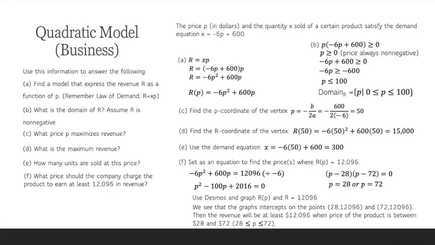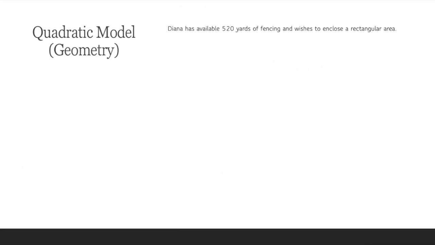And then my final answer: you will see that the graphs intersect at exactly these points. Then the revenue will be at least 12 when the price of the product is between $28 and $72. So any price between 28 and 72 will satisfy this revenue. This is an example of a